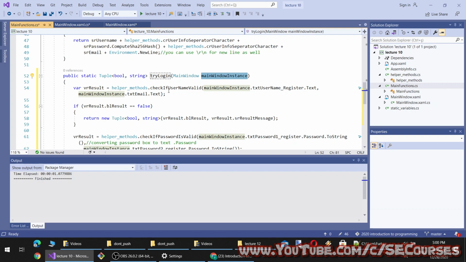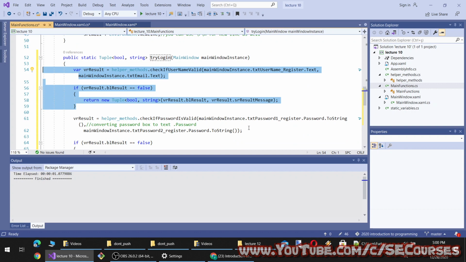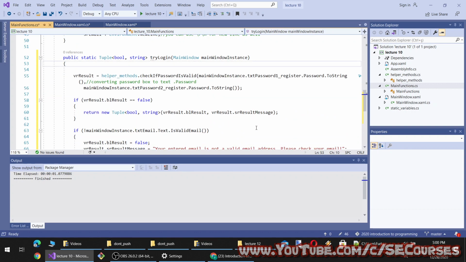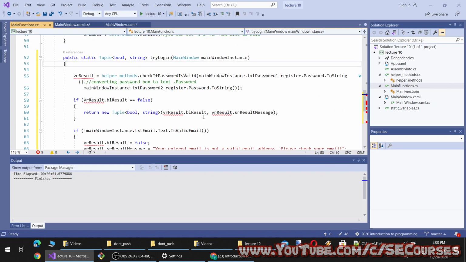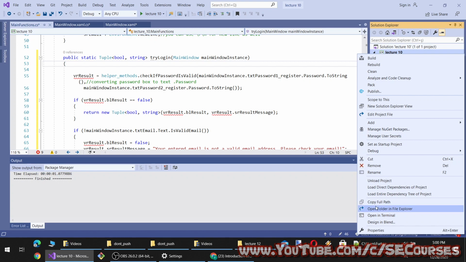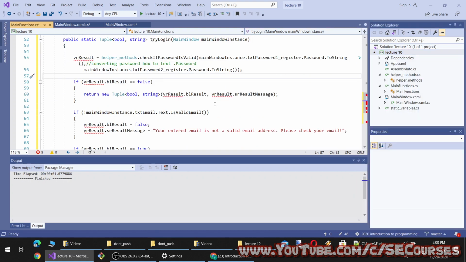Okay, we don't need to check whether the username is valid or not anymore. What we are going to check is, we need to scan the users table and see whether the password and username are matching or not.